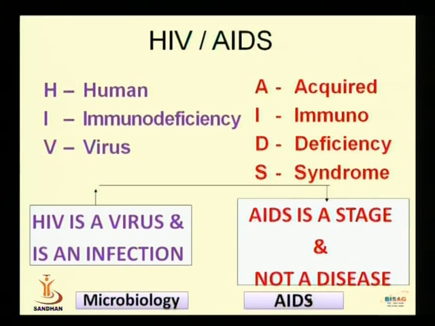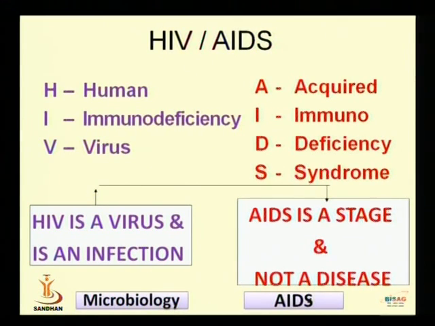So it is an acquired immunodeficiency, and because of this stage, the host starts suffering from various secondary infections, various diseases, because his immunity is lowered, because he is now not able to withstand foreign organisms or pathogens. He will be suffering from various diseases which under normal circumstances he is immune to.